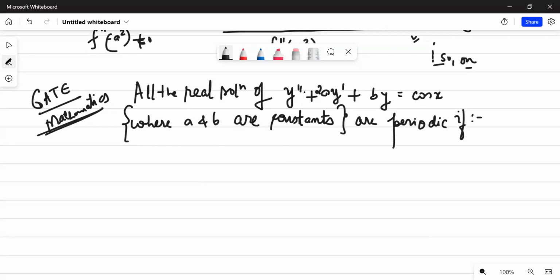So what does it say? It says that the real solution of y double dash plus 2ay dash plus by equal to cosine x is periodic if